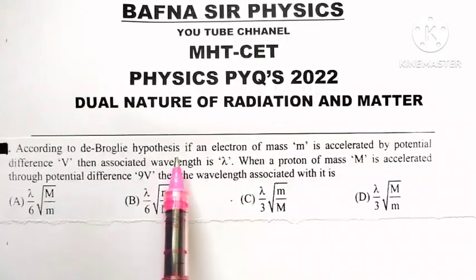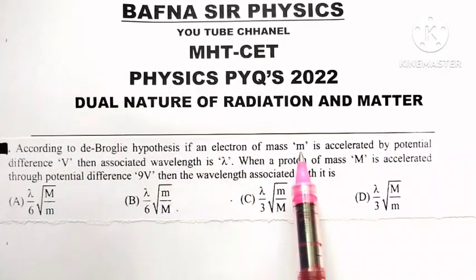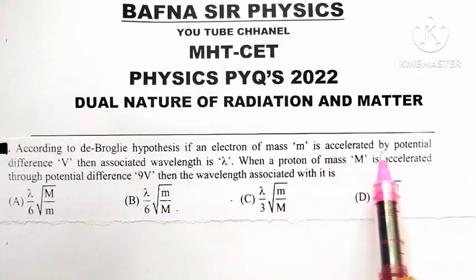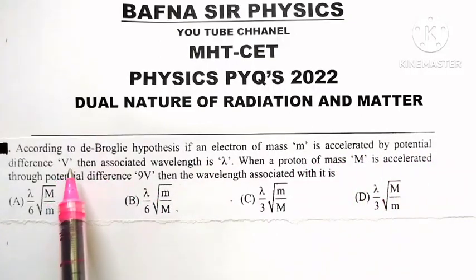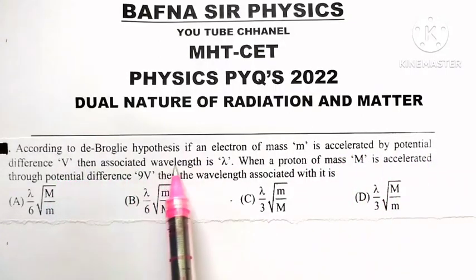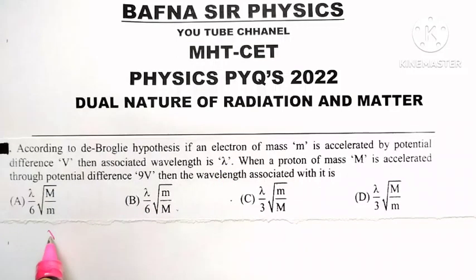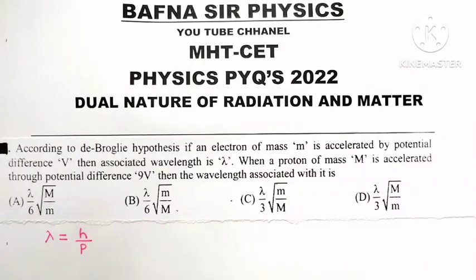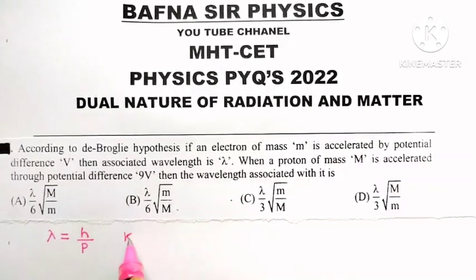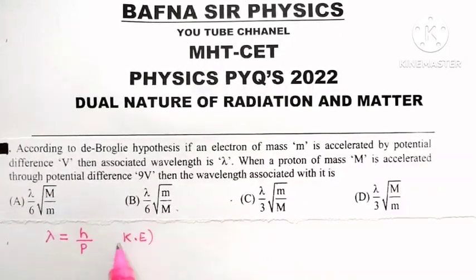According to de Broglie's hypothesis, if an electron of mass m is accelerated by a potential difference V, then the associated wavelength is lambda. Now the de Broglie wavelength of an electron, lambda, is equal to h divided by p, where p is momentum. We know that whenever an electron is accelerated through a potential difference V, then the kinetic energy gained by the electron